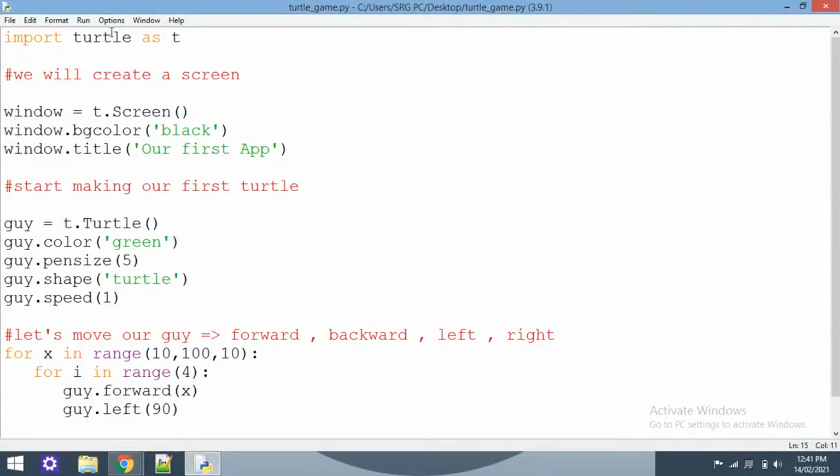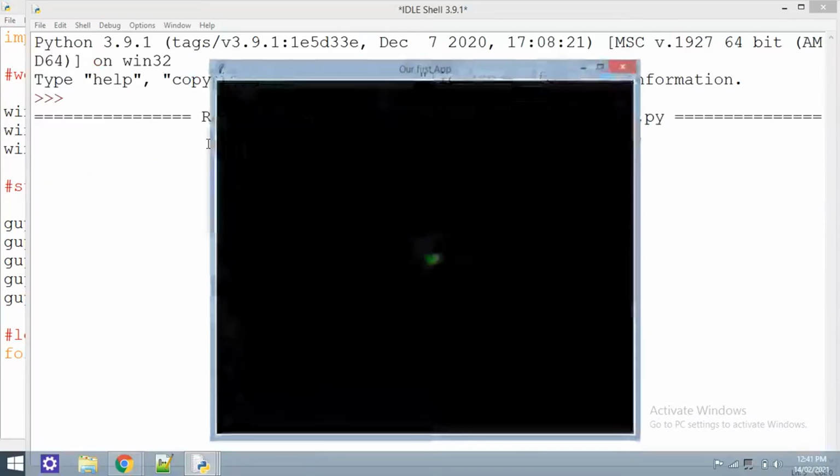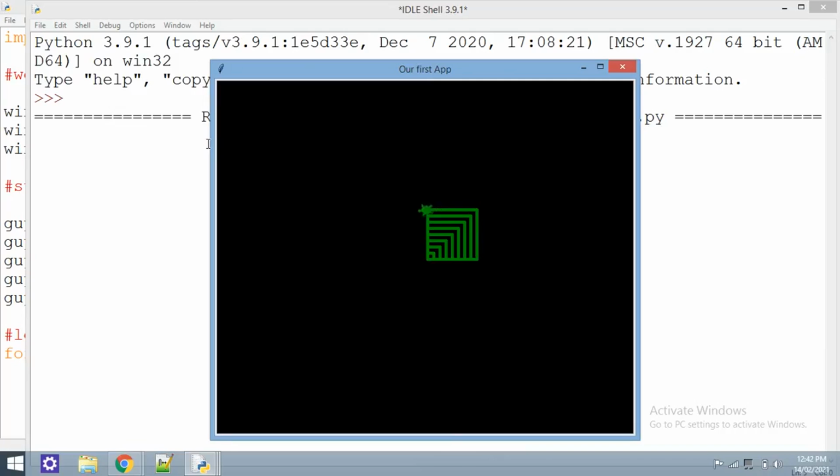Let's try the speed as the basic default value. Yeah, it is 1 pixel a second, I think. We can clearly see it is running one by one, and you can clearly see you have a turtle which is moving with one speed and making a beautiful shape with it. You can perform different types.